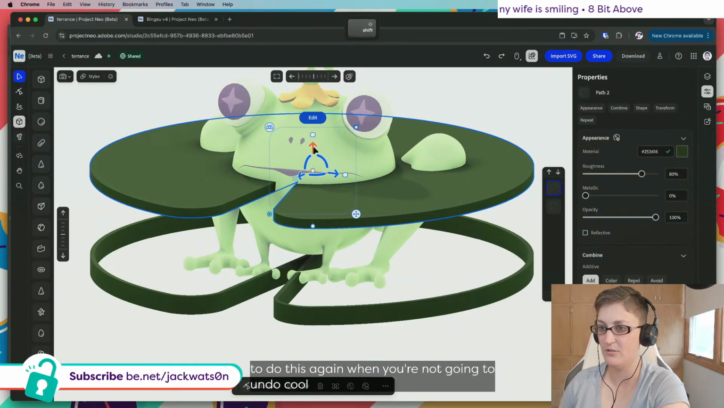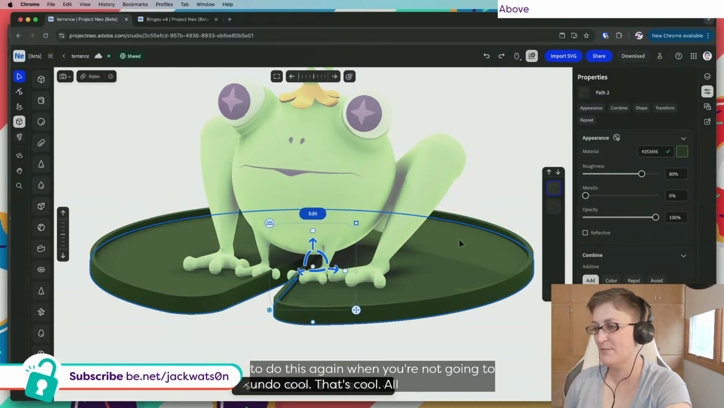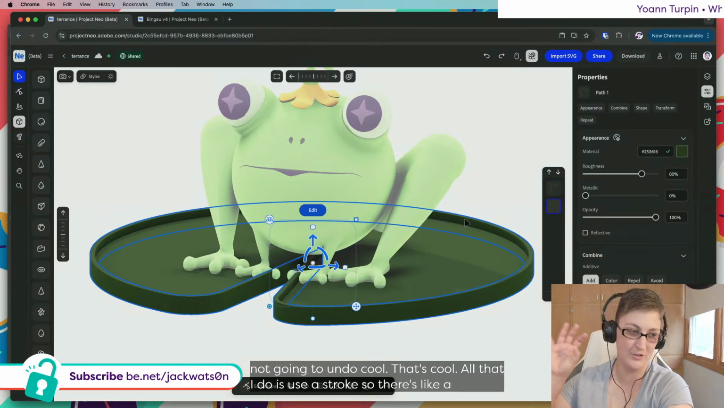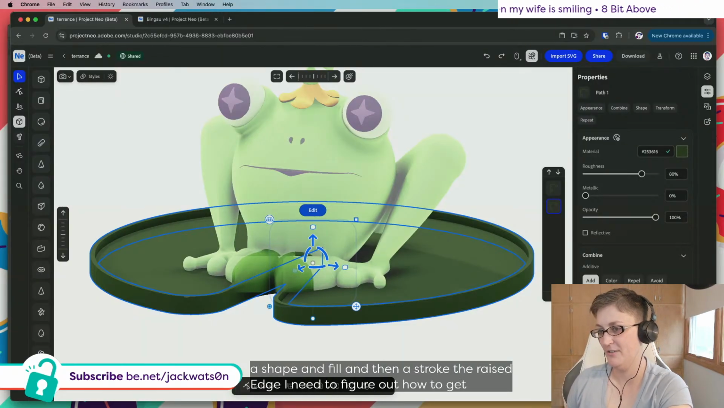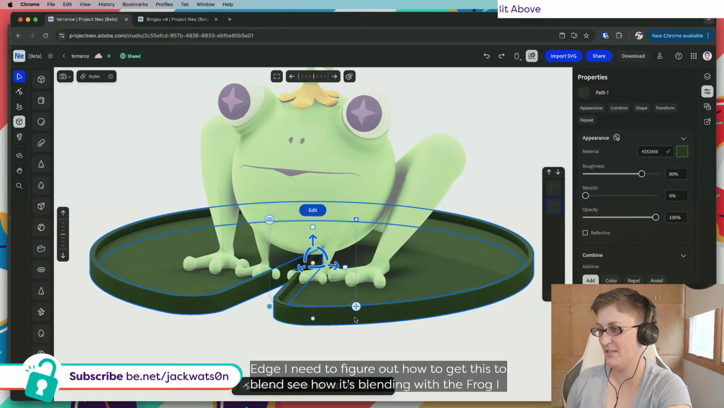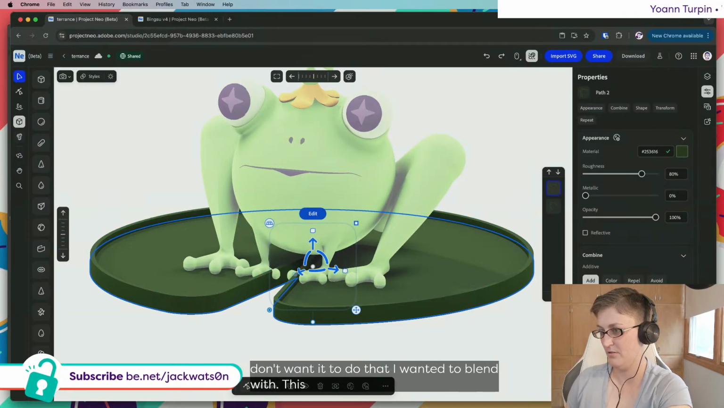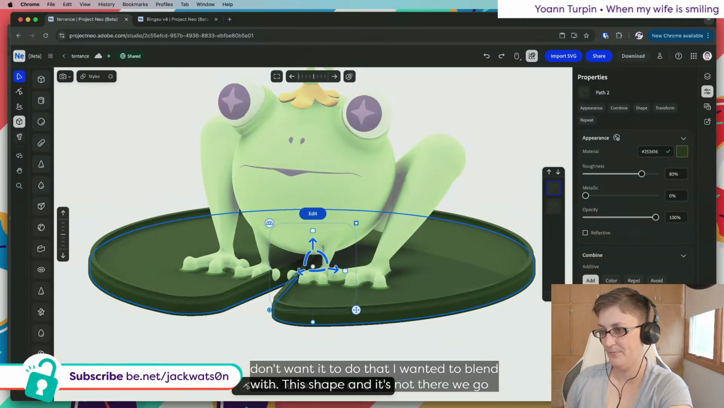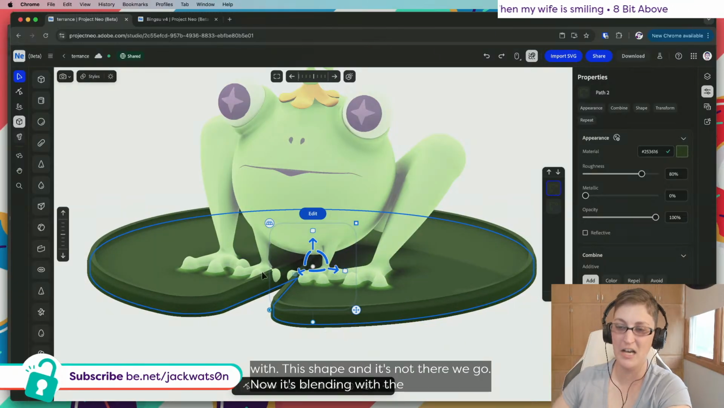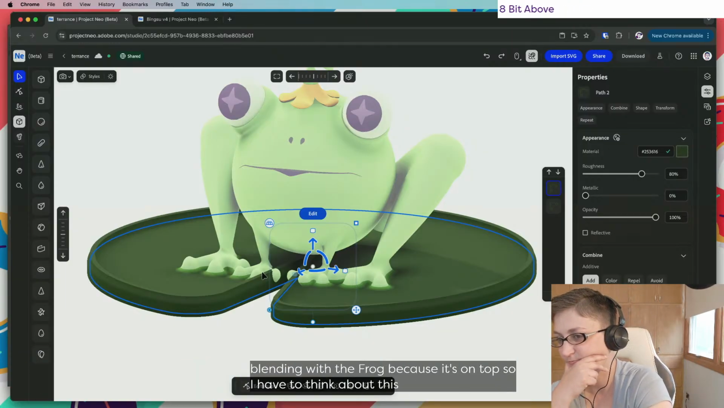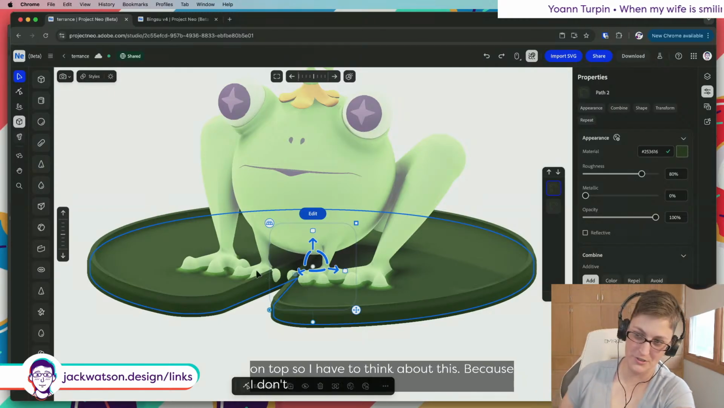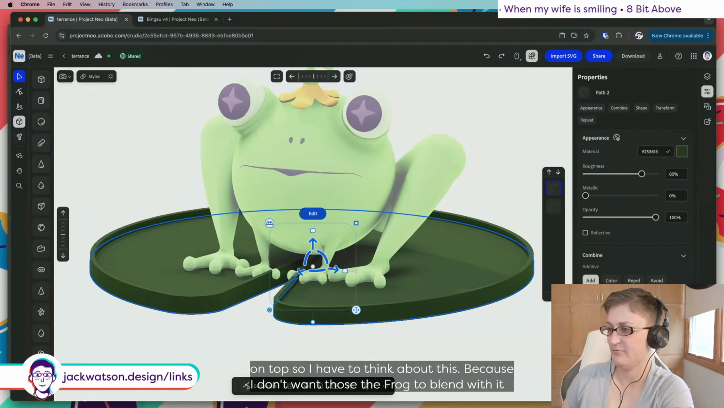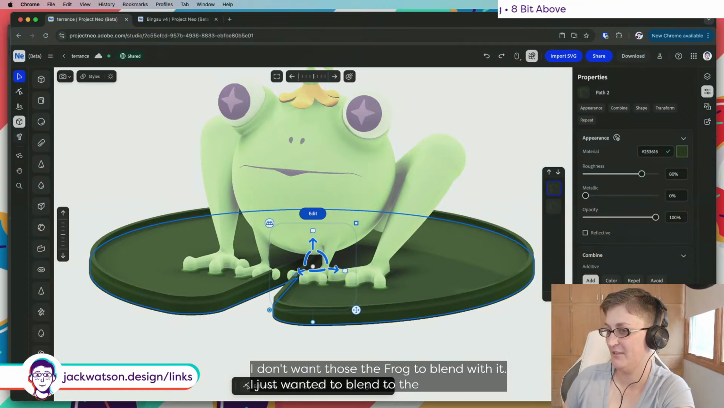Cool. That's useful. All that I did was use a stroke. So there's a shape of the fill and then a stroke. The raised edge, I need to figure out how to get this to blend. See how it's blending with the frog? I don't want it to do that. I want it to blend with this shape. And it's not, oh, there we go. Now it's blending with the frog because it's on top, so I have to think about this. Because I don't want the frog to blend with it. I just wanted to blend the edge of this a little bit, but